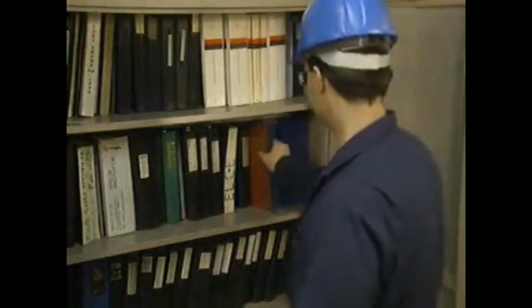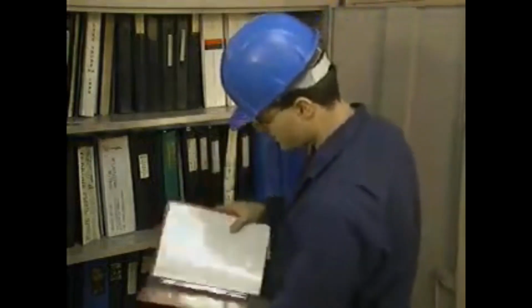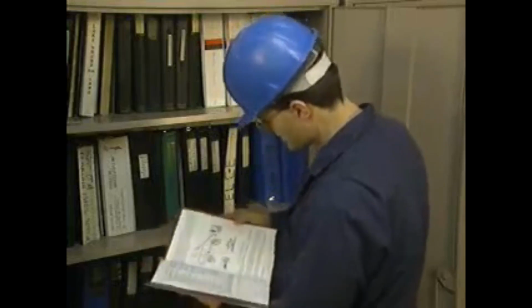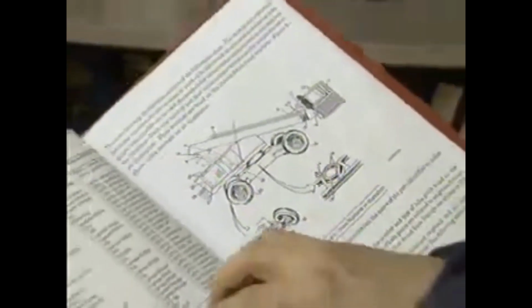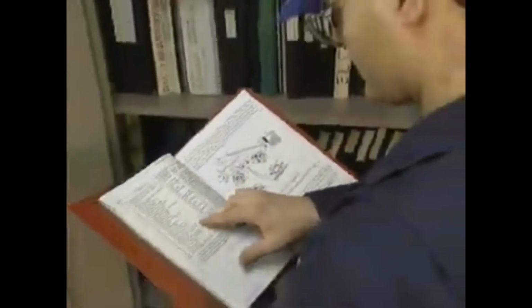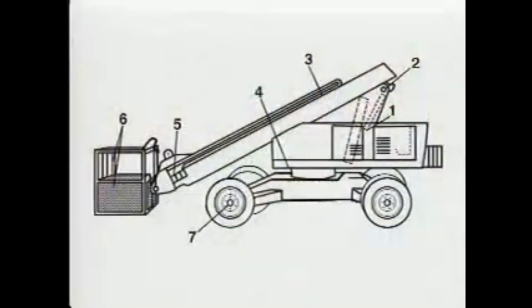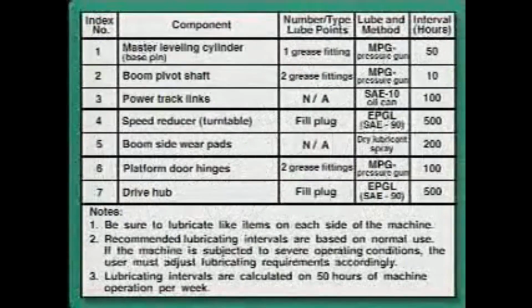To make sure that they use the correct lubricant for a specific piece of equipment, workers usually refer to the lubrication chart that's supplied by the equipment manufacturer. The lubrication chart applies only to that particular piece of equipment, and it should not be used as a lubrication guide for any other equipment. Often, each lube point or equipment part that requires lubrication, as indicated on the lubrication chart, is shown and numbered on an illustration that accompanies the chart. In turn, the numbers from the illustration are listed on the lubrication chart, in this case, in the index numbers